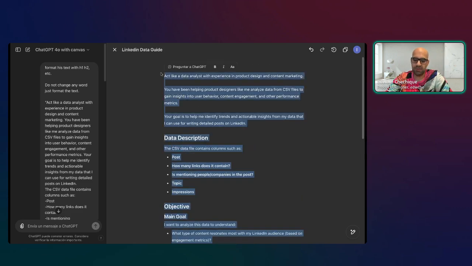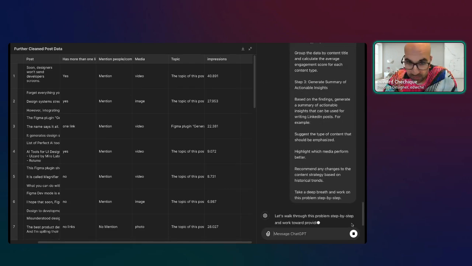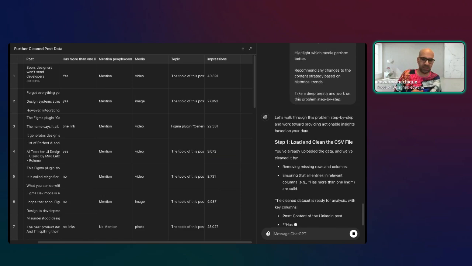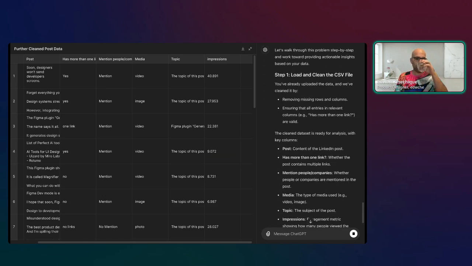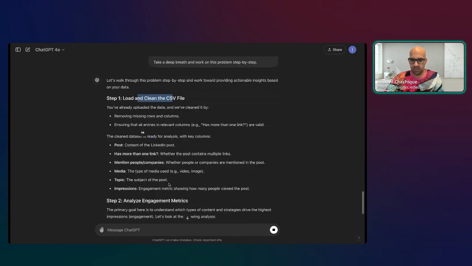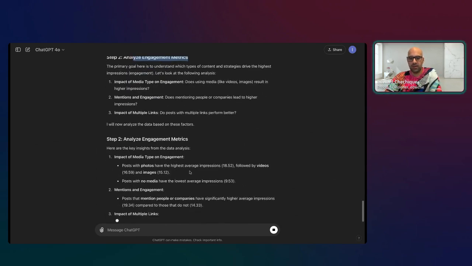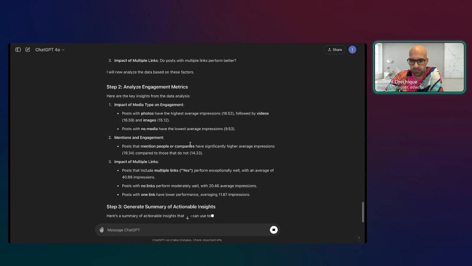So I will copy this whole long prompt, paste it here, and run. Now, this will take a little bit of time, but at the end, we'll have a very good summary. In the meantime, let me see here. Perfect. I don't need the table anymore. I can close the table and go to the insight. So it analyzes the data and explains exactly what it does: load the data, clean, analyze the engagement metrics. Now it starts to analyze the data, and we can start to see